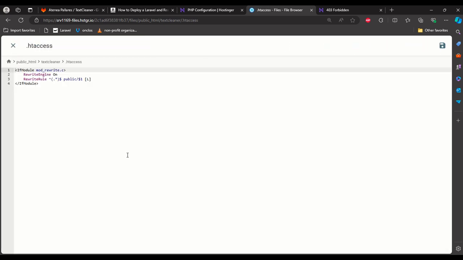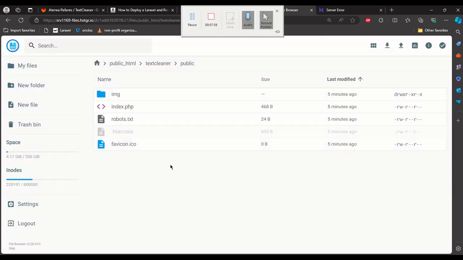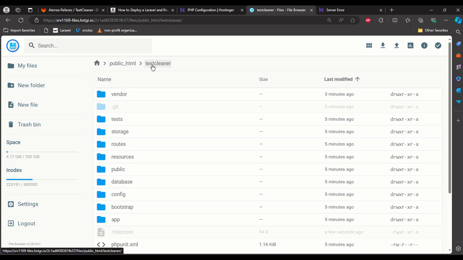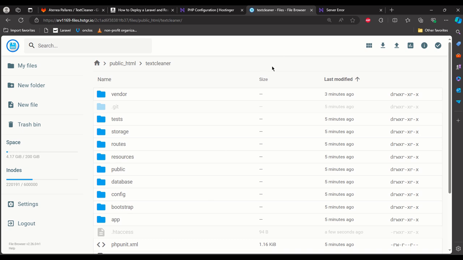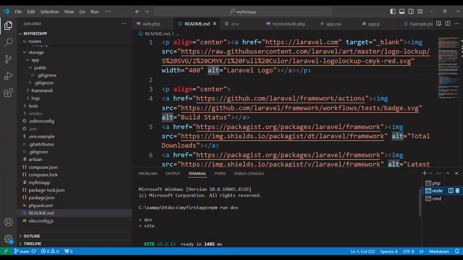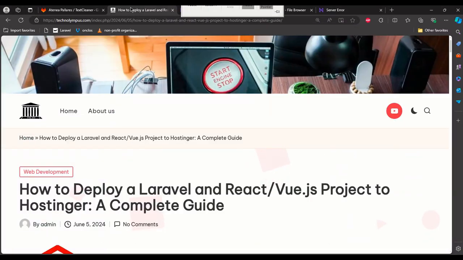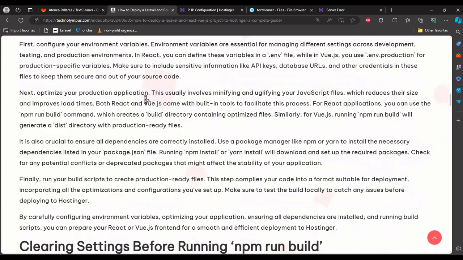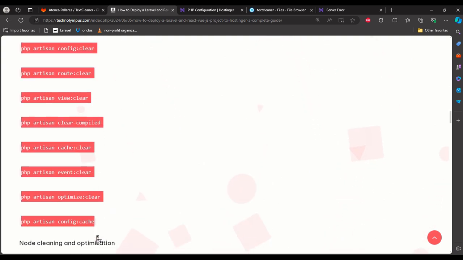So I'm going to open it, and from here it says that it's going to get the files that are in the public, so I'm going to reload, and from here we already have access, but we have to do the settings for our Node.js. So the next thing that we have to do is that we need to compile it. So from here we are just going to follow this guide, and we are going to clear all the PHP configurations, all the PHP settings.